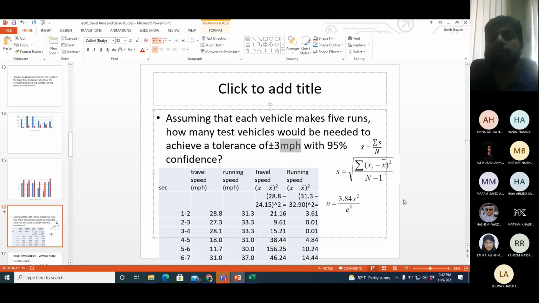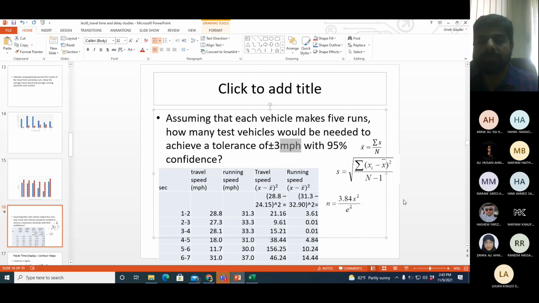Now we used an equation for calculating the standard deviation yesterday, and that was the same equation which we used for the spot speed data as well. We are not going to use the same equation in this case. Why? Because that equation is for frequency distribution data. This data is not frequency distribution. Frequency distribution data has a group of values or a range of values, and then the number of observations for that group or range. This data is not like that. This data has 6 sections, 6 values. That's it.